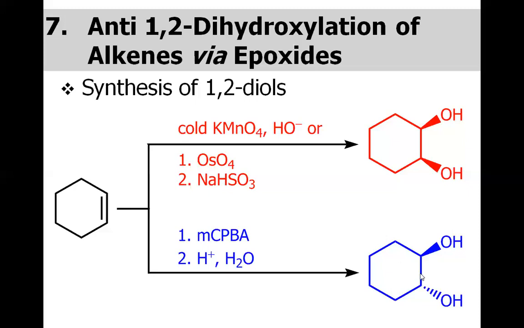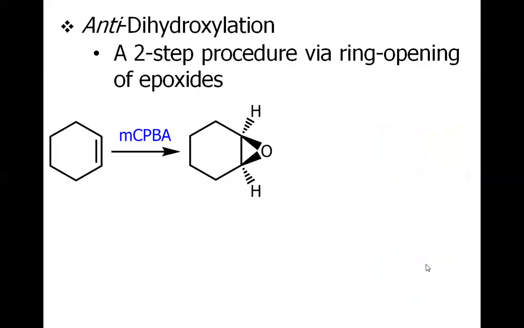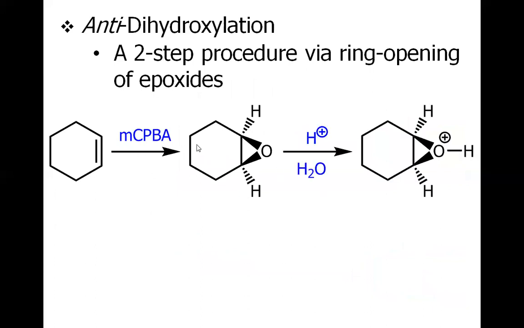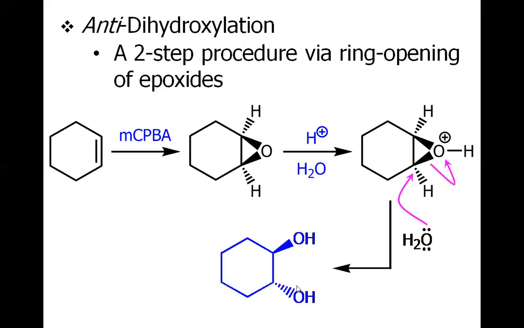So it's a two-step reaction now. First of all, we will have to epoxidize the carbon-carbon double bond, and then it will be opened by water or sodium hydroxide from the opposite side of the C-O bond of the epoxide. So overall, there will be anti-diol formation. This is the thing that I just discussed. The first step is the epoxidation, then the protonation of this epoxide, and then the delivery of the water molecule is from behind the plane to afford the anti-diol.